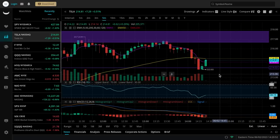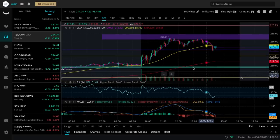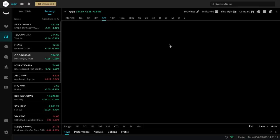But here's the thing about it. Yes, Tesla's holding these higher levels for now, but the question is, will Tesla hold these levels next week, maybe to start off the week, approaching the debt ceiling? There's a chance it may, but there's also a chance it may not because of the sell signals potentially developing on the QQQ and the Nasdaq. And I am going to be very cautious with the QQQ,